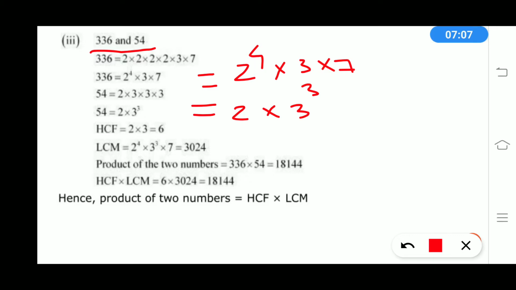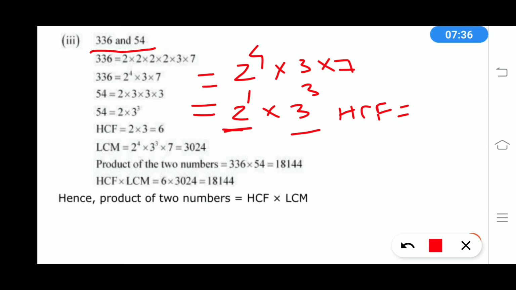So here are two common primes, one is 2, another is 3. That means in this problem the common primes are 2 and 3. So first, the smallest power of 2, that's 2 to the power 1. So HCF